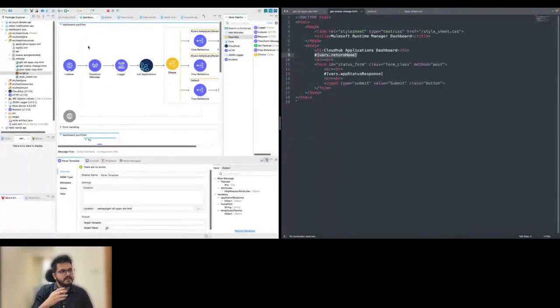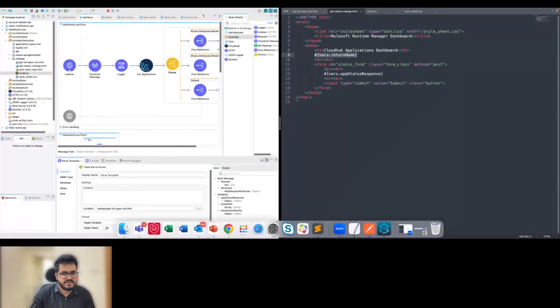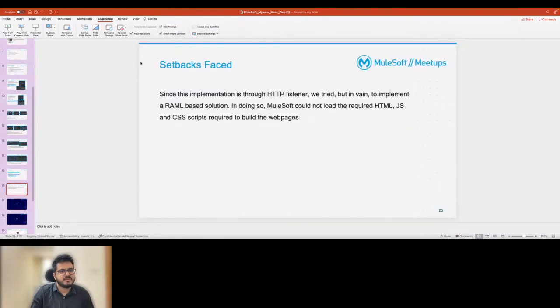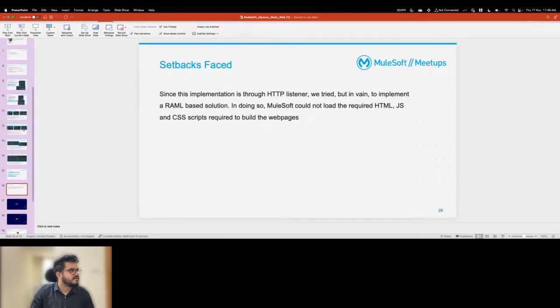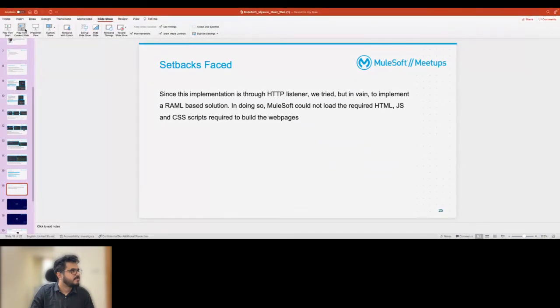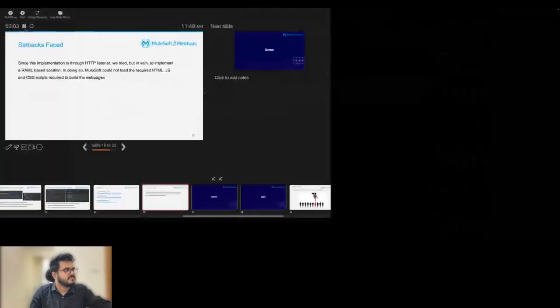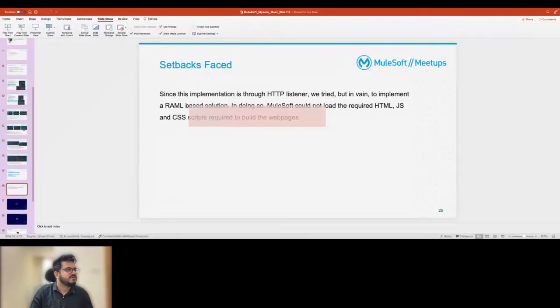All right. Now, there are certain things that we faced while building this. As I said, there was a particular setback that we faced. So I'll go back to here. The problem we faced here was, since this is an HTTP listener based implementation,